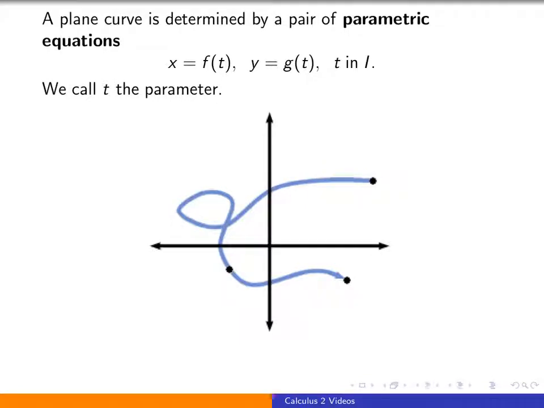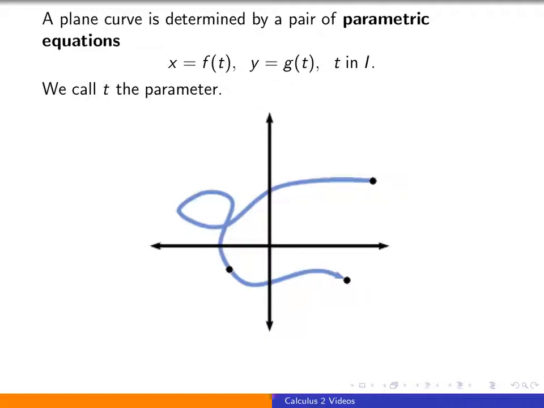In this video, we will begin investigating different methods of representing curves. Specifically, we're going to start off by looking at parametric equations to represent a curve. So we say that a plane curve, think maybe the blue curve given here, can be determined by a pair